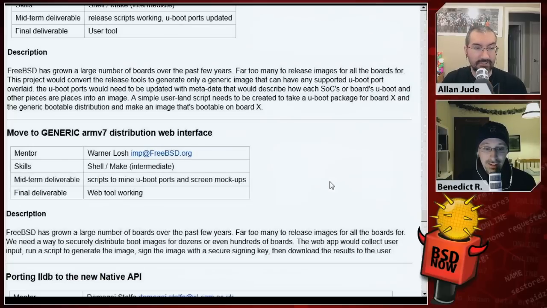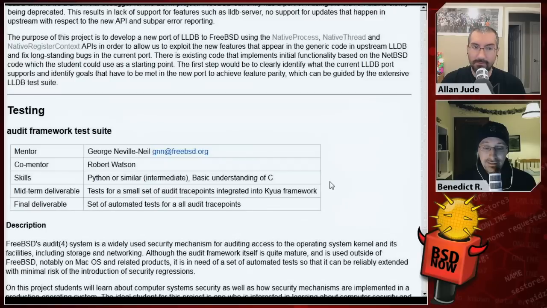Indeed. So the schedule: you can start applying for projects between March 12th and 27th. That's when you submit to Google, saying I want to work on this project with FreeBSD or NetBSD or whatever other open source project. And then by April 23rd, the open source projects will decide which projects they're going to accept and pair you up with a mentor.